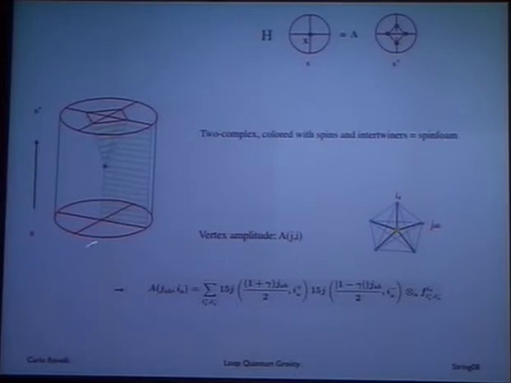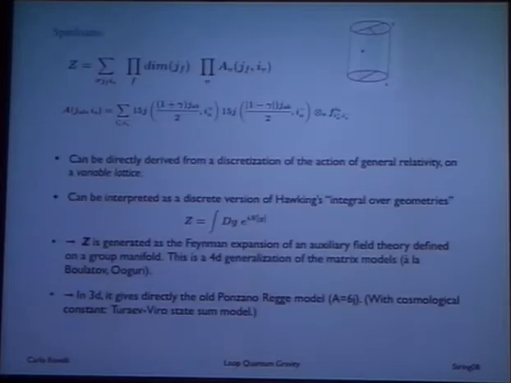A spin foam is a two-complex, so there are surfaces here that meet on edges that in turn meet on vertices, labeled with spins and intertwiners. And the action here is in the vertices. There is an expression for the vertex amplitude, which I've given here. This is the Wigner 15j symbol. These are some Clebsch-Gordan-like coefficients, some sort of natural SU(2) object that come in. And this defines the dynamics of the theory in the sense in which the QED vertex defines the dynamics of QED.